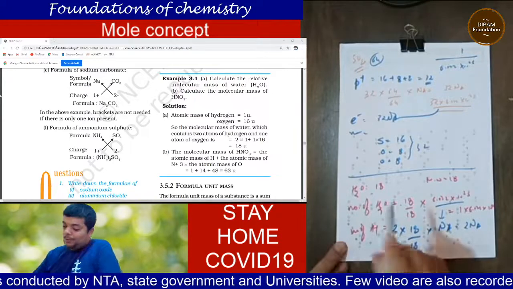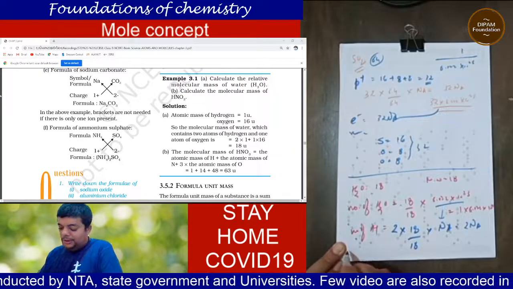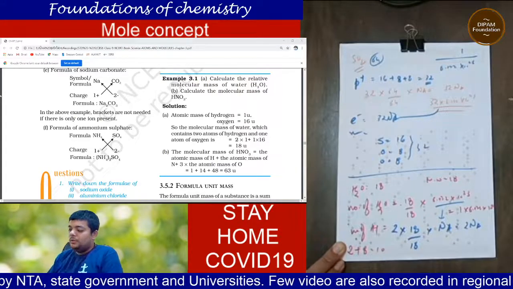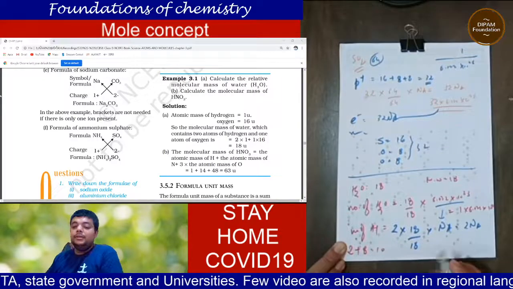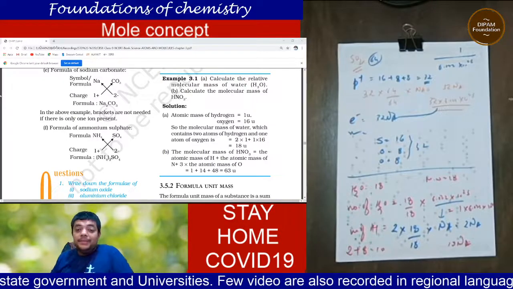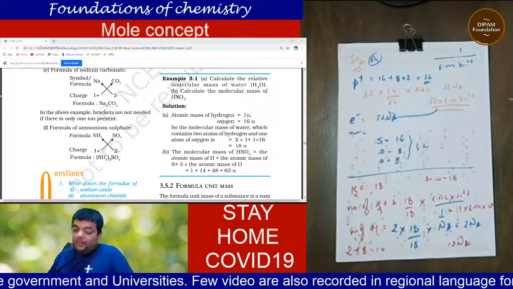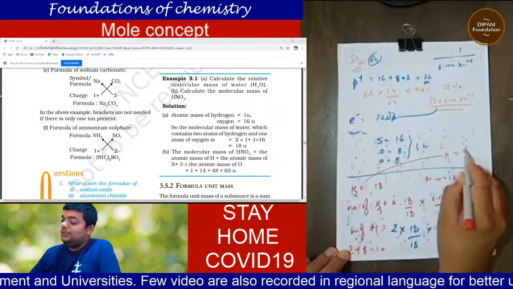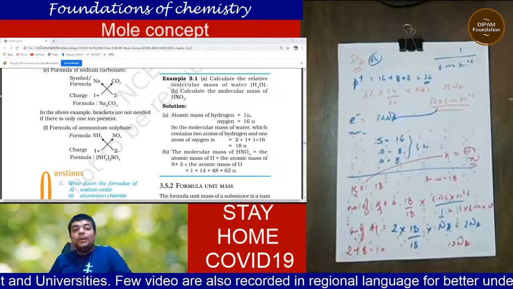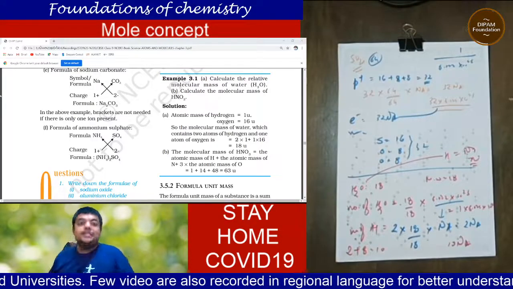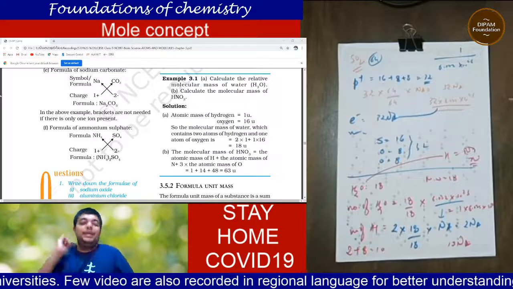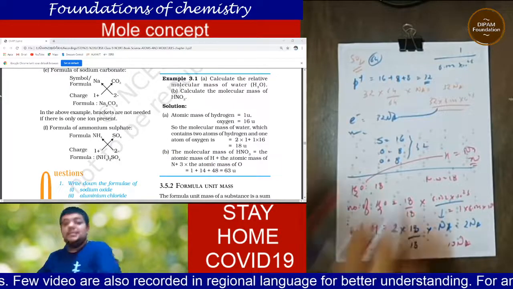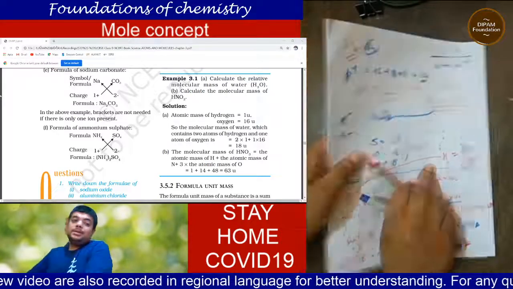Now talking about protons, we know that there is 1 proton in 1 hydrogen, so 2 for 2 hydrogen, and 8 in oxygen, so 10 protons. So 10 multiplied by 18 divided by 18 into Avogadro, I will end it as 10 Na. Similarly for electrons 10, but here neutron is very important, beta. Hydrogen has no neutron, so only 8 neutrons are there in oxygen, so 8 multiplied by 18 divided by 18 into Na, that will end up as 8 Na of neutrons. So this is how the mole concept is very important in learning things.